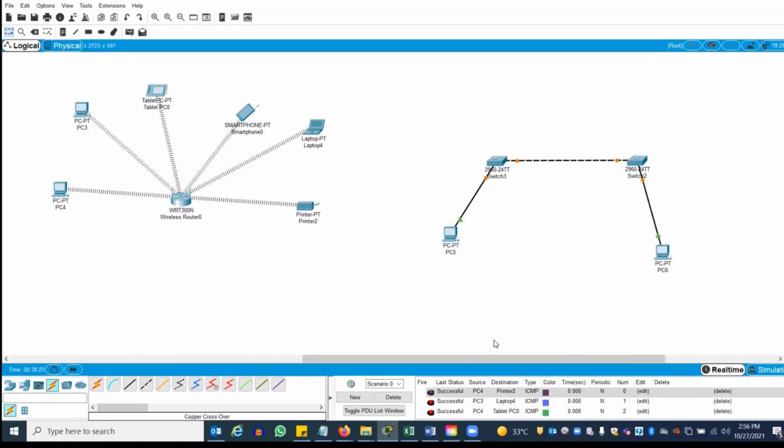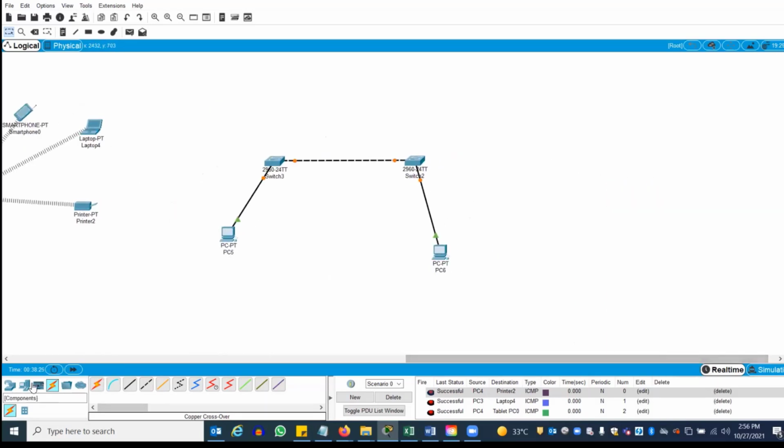For example, if you have two PCs, this is another example. So how do I connect? Which cable? Cross cable. Between two others? Yeah, because similar device. Now which cable? The similar. Cross cable. Yes, very good.